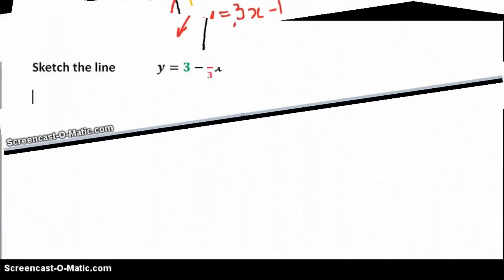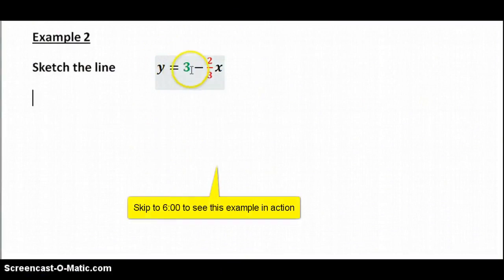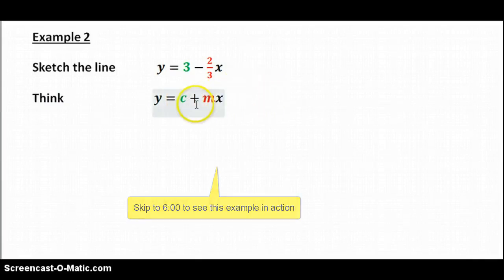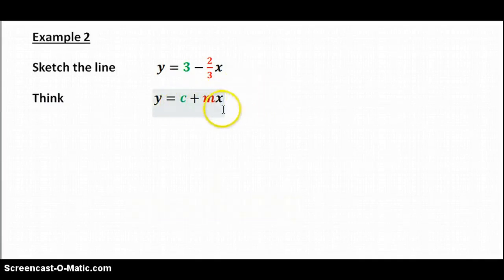Okay, our second example, we're going to sketch the straight line y equals 3 minus 2x over 3. Remember, when it's written like this, the x is really up the top. Alright, what do we think? Well, we think y equals mx plus c. Now you don't always have the mx first and the c second, so it just works just as well when the c comes first. Remember, the gradient is the number right next to the x, and the other number is